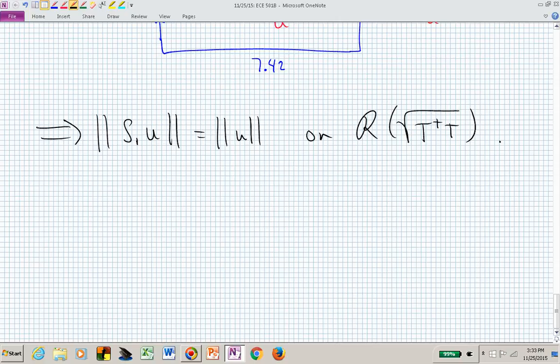From that expression, we can see that since it's true for all U in the range of the square root of T dagger T,